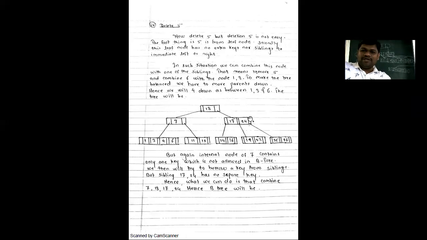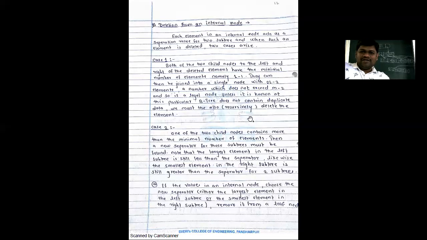Now, have all of you understood the delete operation? Yes, sir. Okay. Now, if the sibling node does not have the extra keys, what do you need to do first? So we'll see the rules. Now we'll revise all the rules, right?